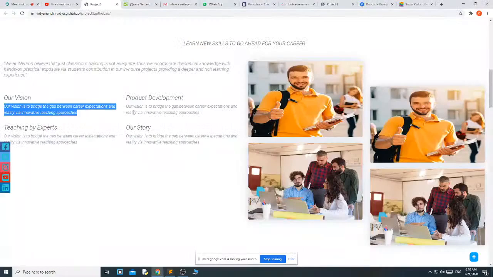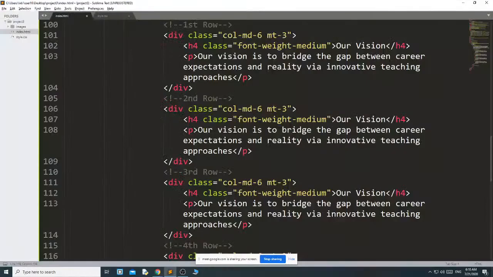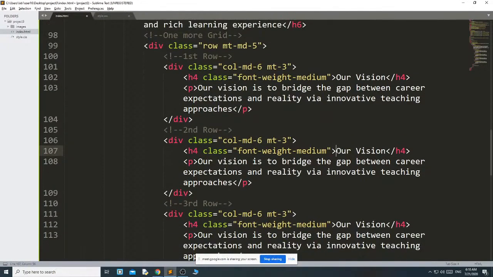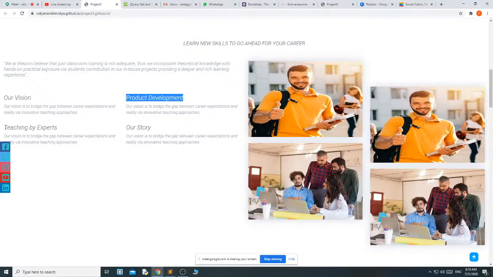Only second I am going to change to product development. Second, product development. Third, teaching by experts.